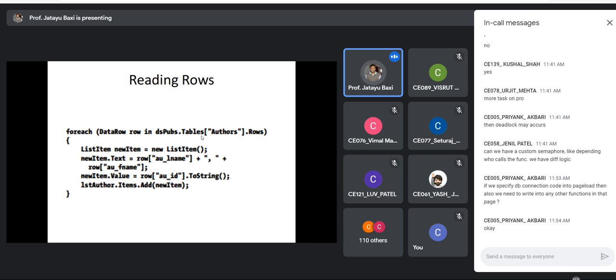I'm treating the dataset as a normal object, and inside the dspubs dataset I have the authors table, and inside that authors table I have many rows. So I'm iterating over each row, and then what is this for inside the for each loop?